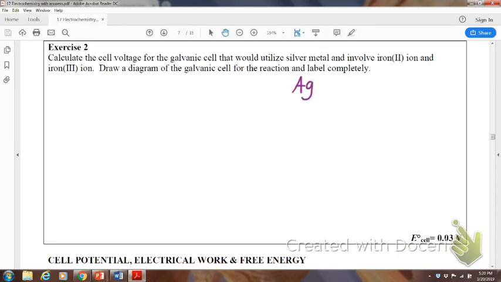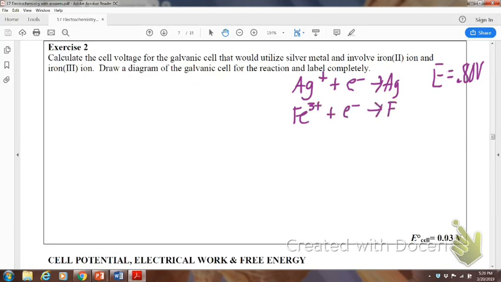The reduction potential for silver is Ag plus going to Ag, and that E value is 0.8 volts. To do iron 3 plus an electron going to iron 2, if we look up that one, we